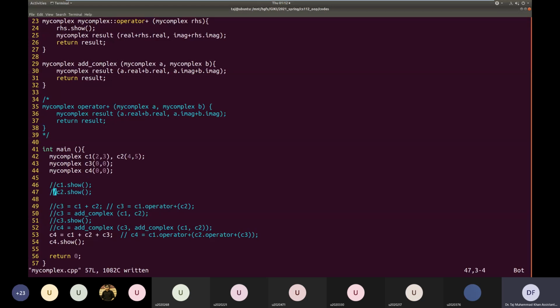So we have only two lines, this C1 plus C2, C3, and then C4.show. So here, this plus operator on line number 23, it will be called twice. Okay, so every time its right-hand side operand will be basically passed to the function, and we are printing the right-hand side. So by knowing the value of the argument that is being passed to this operator, we'll know whether it's going from left to right or right to left. Right to left. So let's show it.